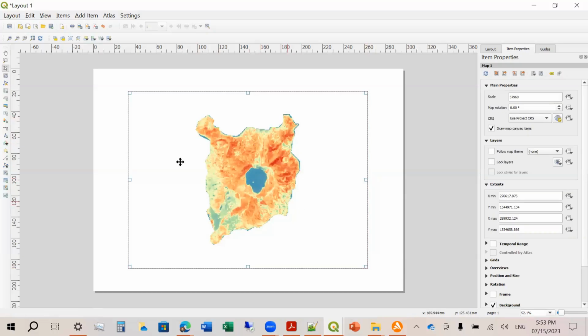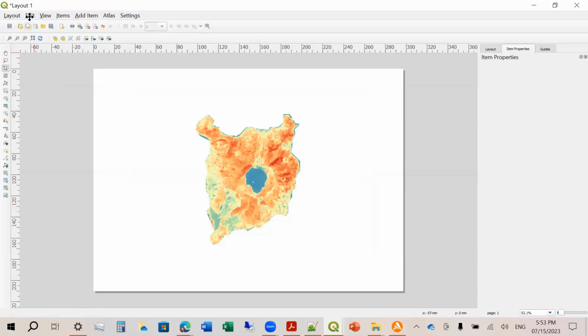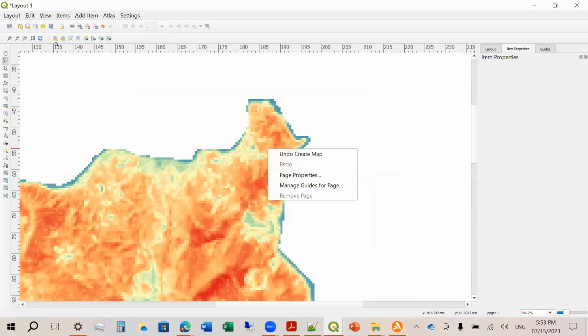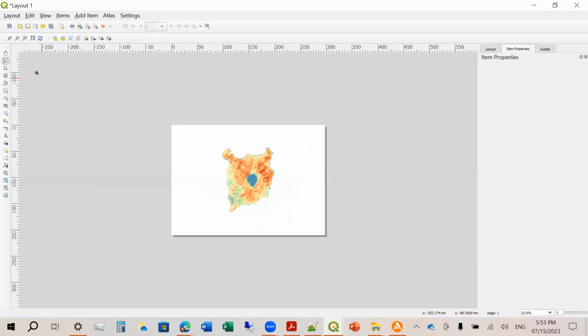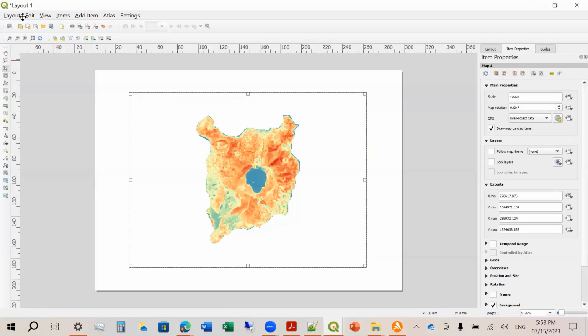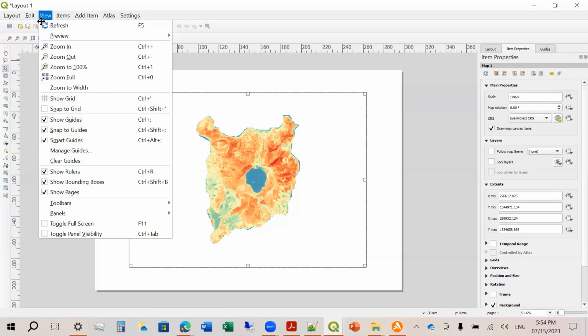Now, if you want to change the size, you can do so by clicking layout. Sorry. So let's click this one and then view.